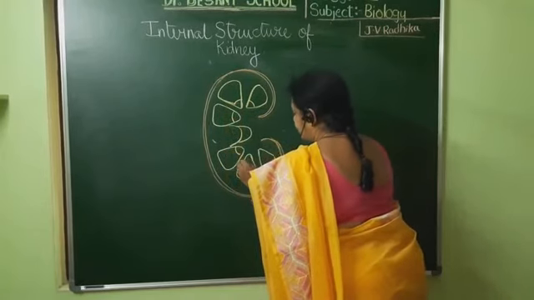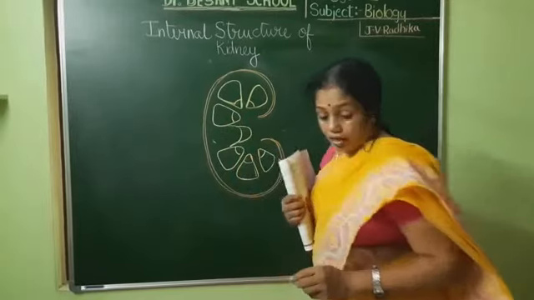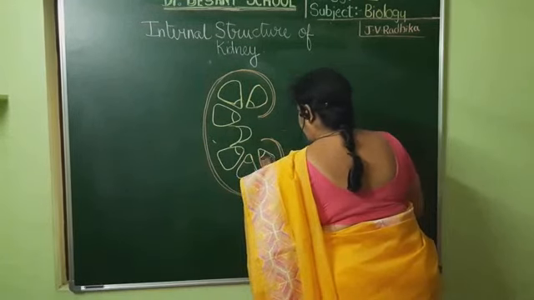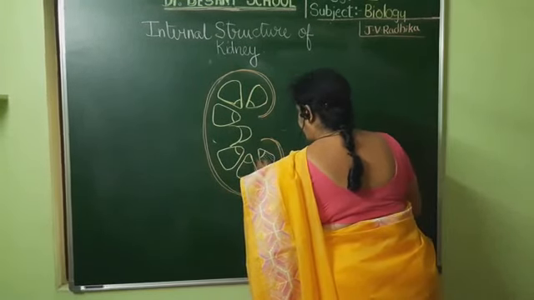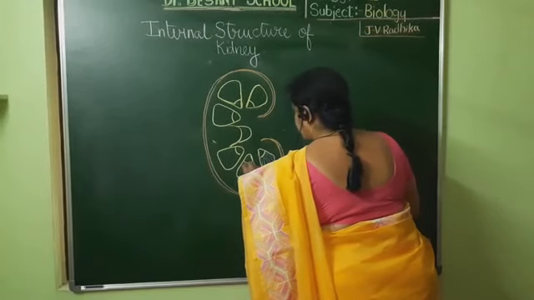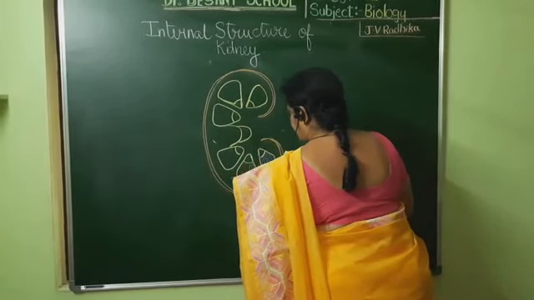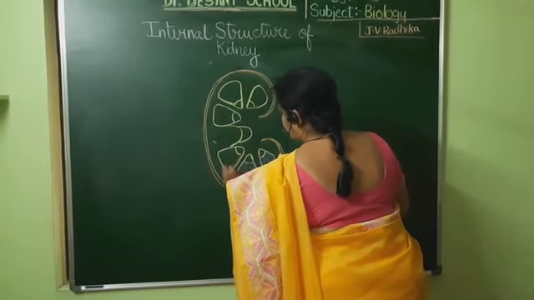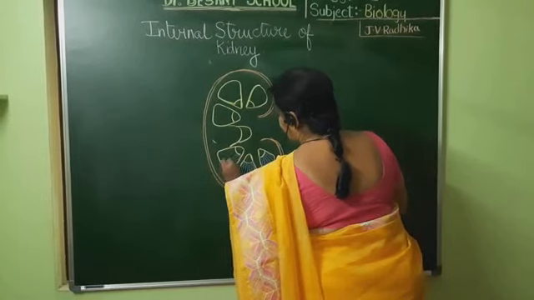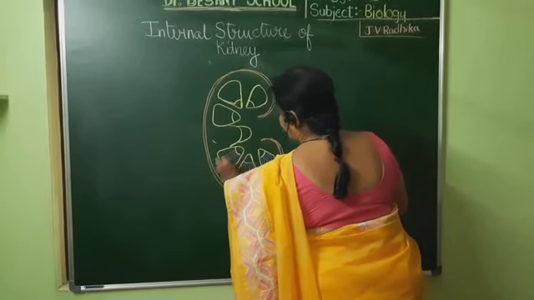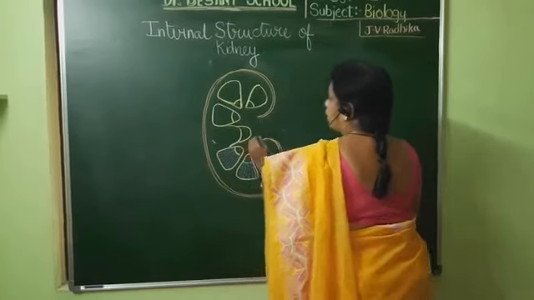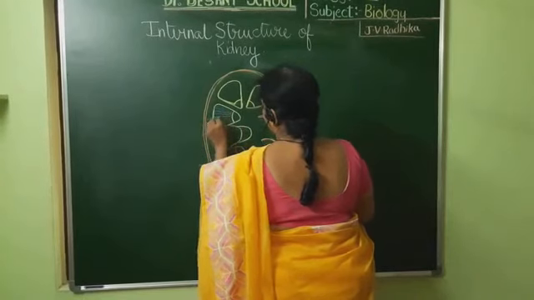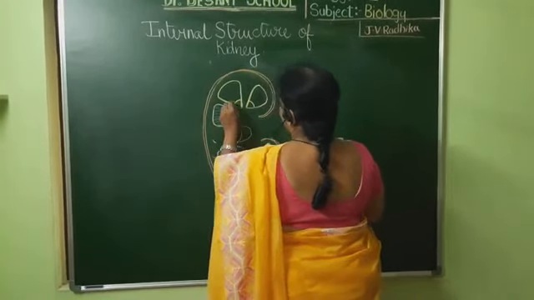Each such pyramid contains the unit structures, that is, the nephrons. Altogether there are around 1.3 to 1.8 million nephrons. They are all microscopic structures, so small, but they are the units of the kidney which are able to filter the urine. As we understand their structure, you will understand very well how they are able to filter and how the blood passes through them.